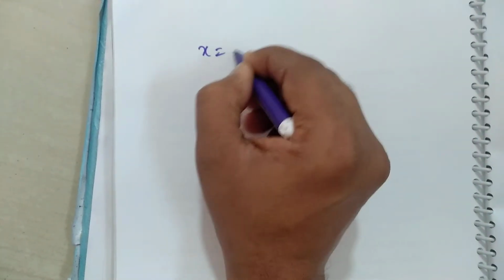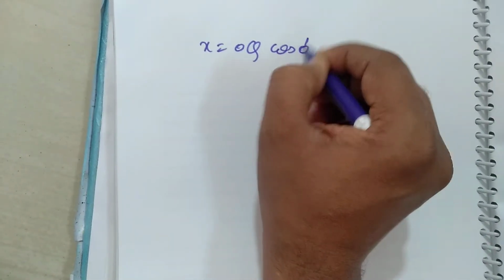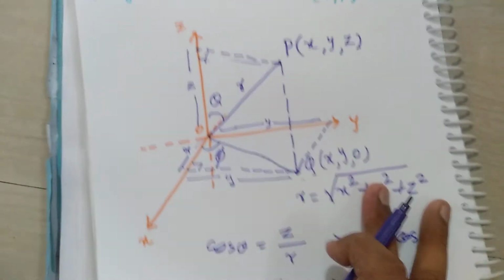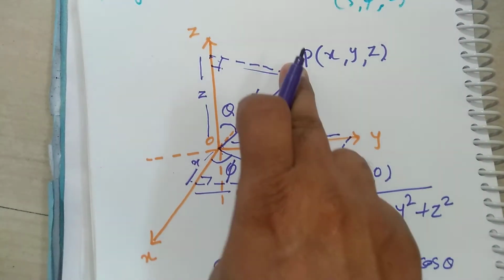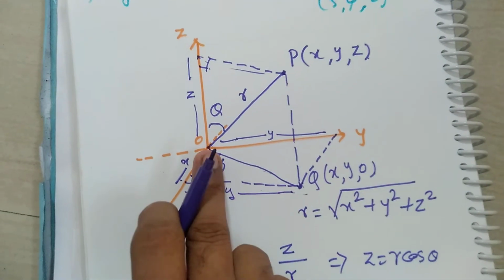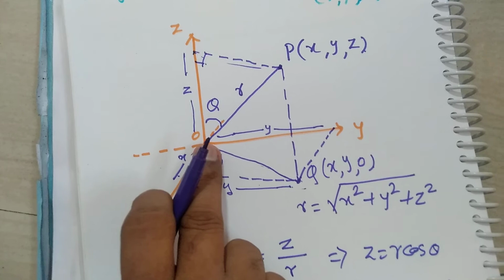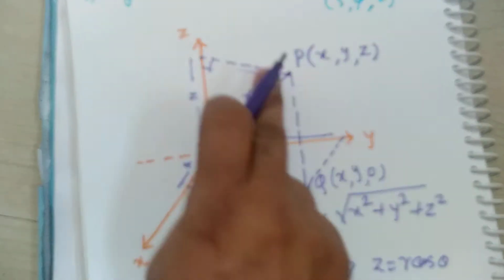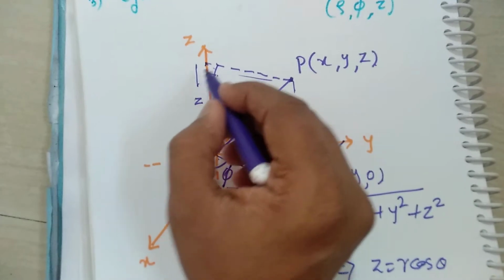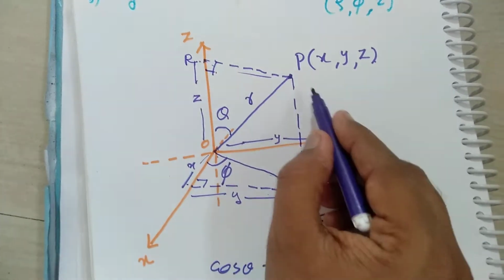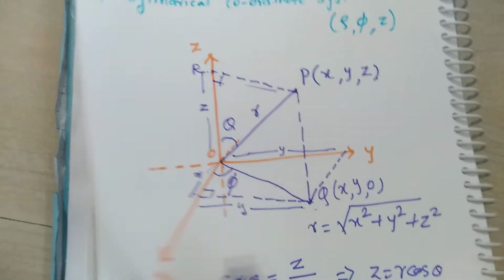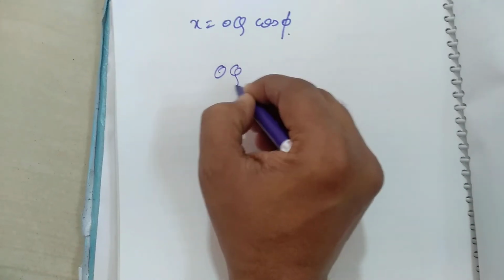Correct or not? Similarly, you can find out x. X is equal to OQ cos phi. But what is OQ? If you observe this triangle, this is a parallelogram. This length is the same as this length because they are parallel sides. So if you denote this point by R, your OQ is the same as PR. So we will write here OQ is equal to PR.